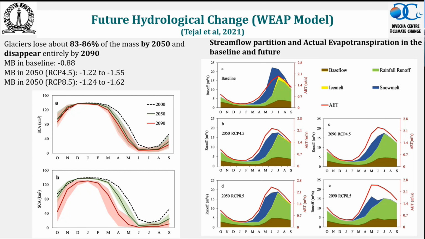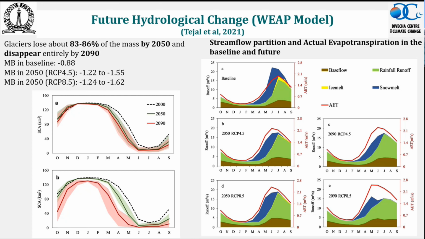She says in that paper, and what you can see is how this snow cover will change under various scenarios. You can see here how it will change by 2090, 2050, and as of now 2000 under RCP 4.5 and 8.5. So you look into the 8.5, there is a significant reduction. This is time versus snow cover area. You can see the significant reduction in snow cover is going to take place.